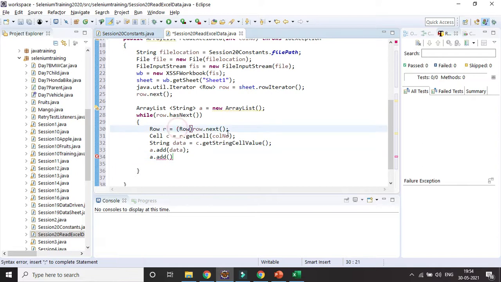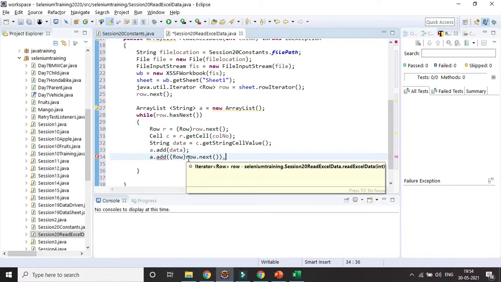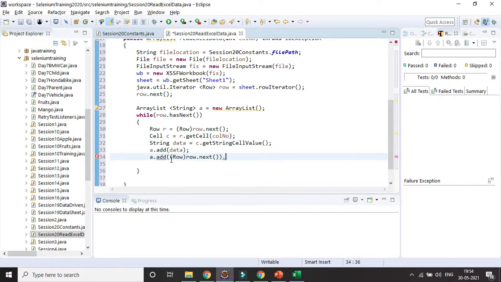I want to iterate everything, so I will simply copy paste it. Once this is done, I will give another bracket. Then if you press dot, no, one second, A dot add row dot, this is the thing, row dot next.